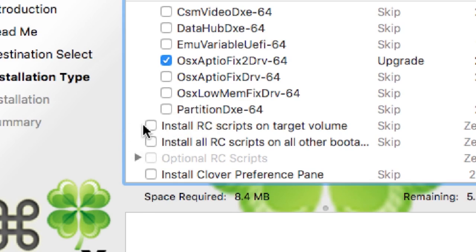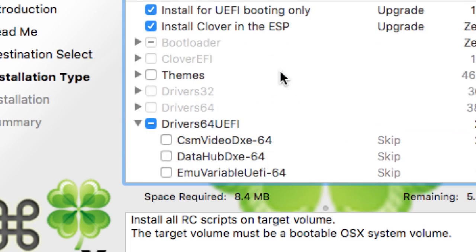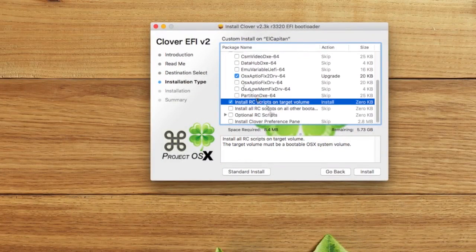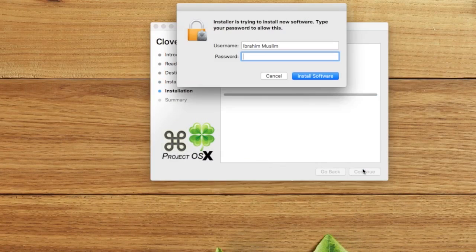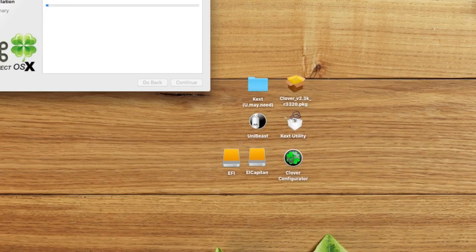So what you have to do is install RC on the target volume. You can see here that the target volume must be a bootable OS X system volume. So let's go back and we will install the latest version on our installer. Once it's on the latest version,